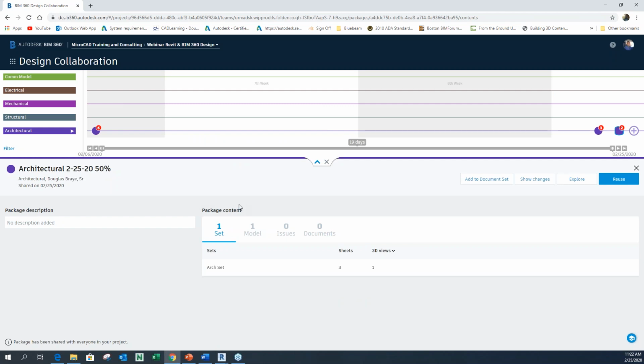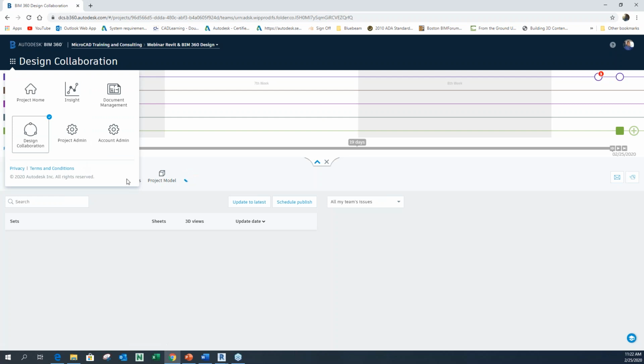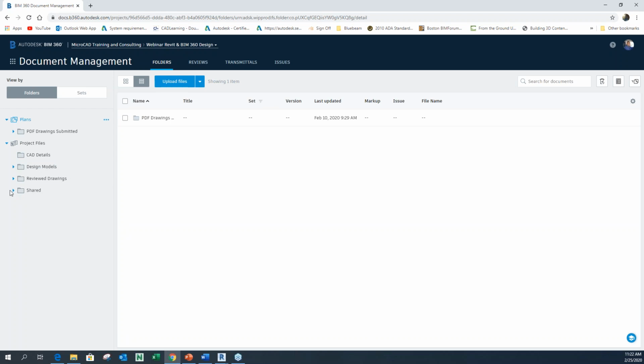Okay. So now that we got the architectural package created, let's go back over here to the COM. Looks like it's still processing. So we'll come back to that to see how that is going. And what I want to do is, when I go to the document management, what I want to show you here is under share, and we go under architecture, and we can see right when we send that package over, see how the timestamp is, it updated this particular